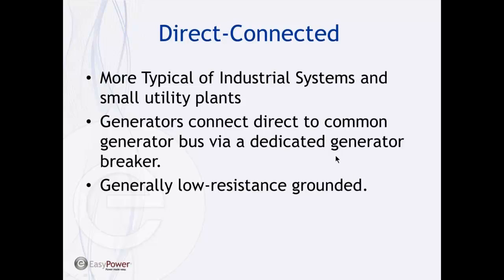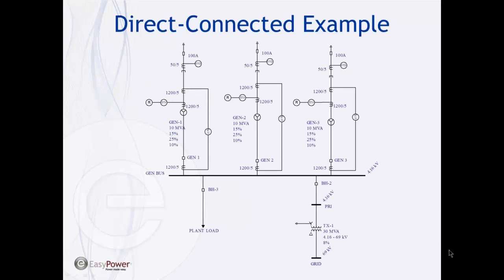So the key here is that generators are connected direct to a common generator bus, each one with its own breaker, and then loads are served directly from that bus or through a common transformer. So these are generally going to be low resistance grounded. And that allows us, helps protect the machine, but also allows sufficient ground fault current that we can selectively coordinate